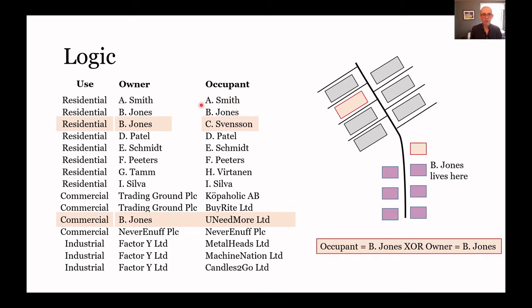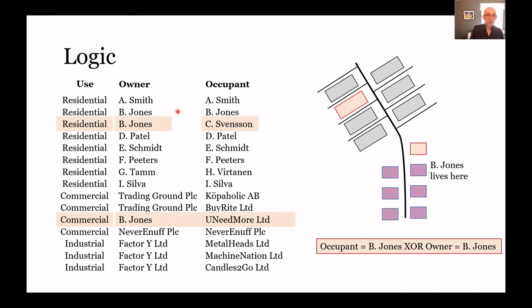Obviously, we don't care about where they live because they can overcharge themselves in terms of rent. That's up to them. But are they behaving well towards their guests? So where do they have property that they are not actually using themselves? So that would be one particular use in this rather strange example of how we could use the XOR function